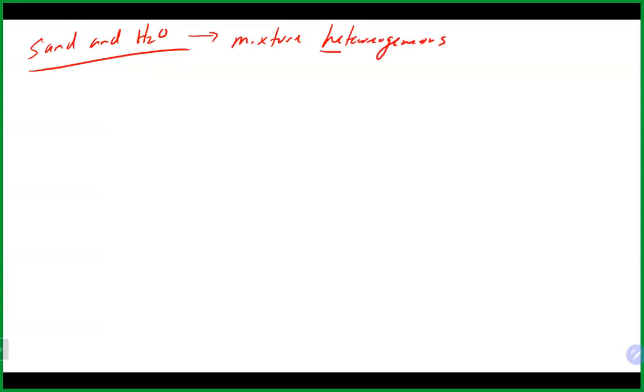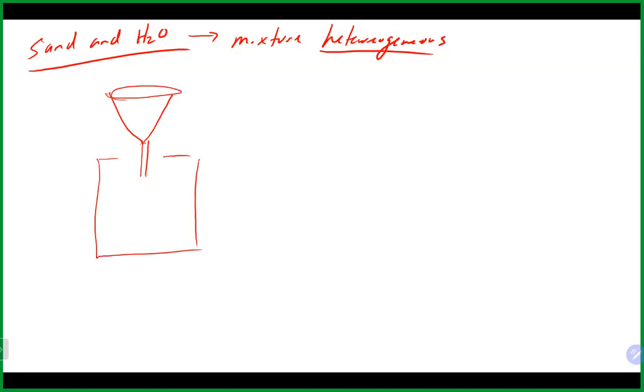So there are a couple of processes that we could use. For example, if we had some sand and water together, this type of mixture would be heterogeneous, as you can see it. A very common and easy process that we use to separate out a solid from a liquid is the process of filtration. So you take a funnel, take some filter paper,